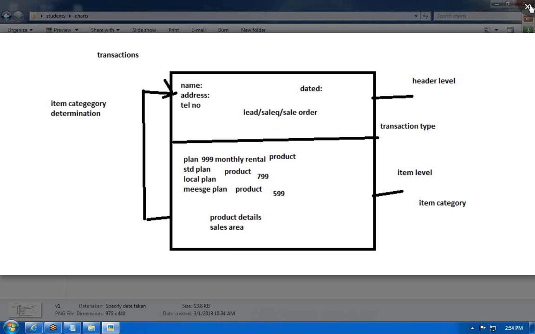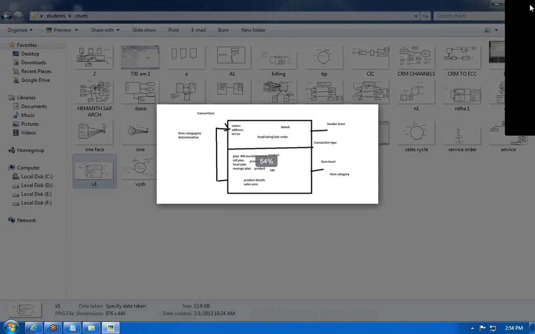So here in CRM you will have tables: CRMD_ORDER_H is the header, CRMD_ORDER_I, these are the 2 tables where the data of your transactions will be stored. So here if you are defining any transaction, the customizations will be done in SPRO, CRM, transactions,